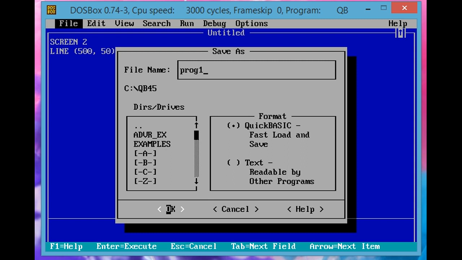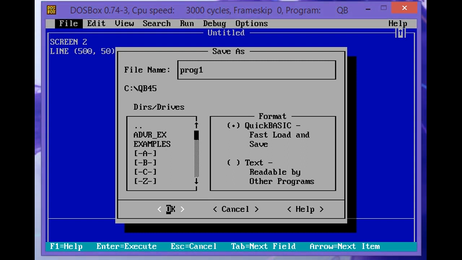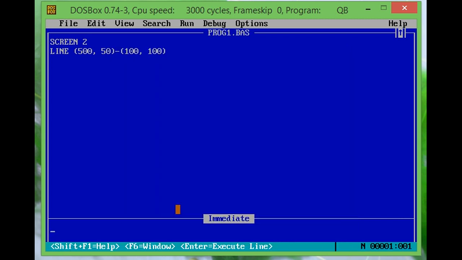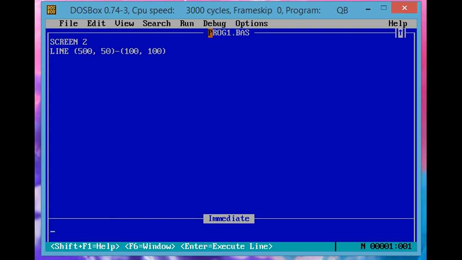Your program is saved with the .bas extension. Any file created in QBasic is automatically given the extension .bas. It makes it easy to identify the files created in BASIC. So our program is saved as program1.bas.